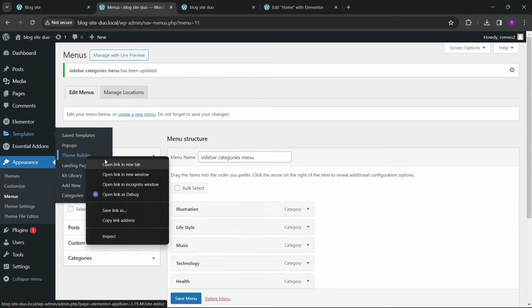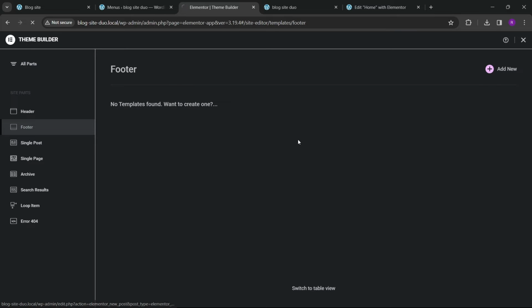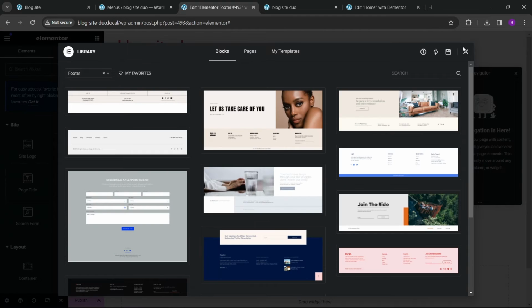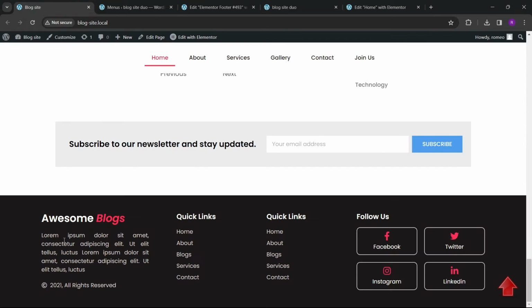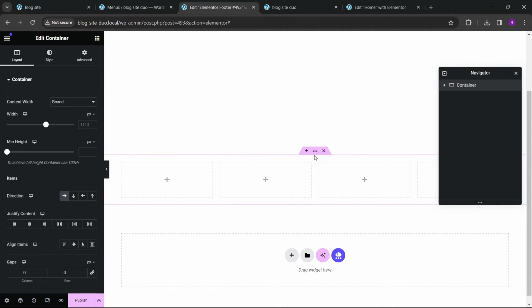Okay, so theme builder again. From the new, and after that go to the footer and add the new footer. Okay, so let's start making the footer. So you can see that in this we have 1, 2, 3, 4 sections. So first let's go here and we're gonna drag, choose this 4 layout, go to sections and